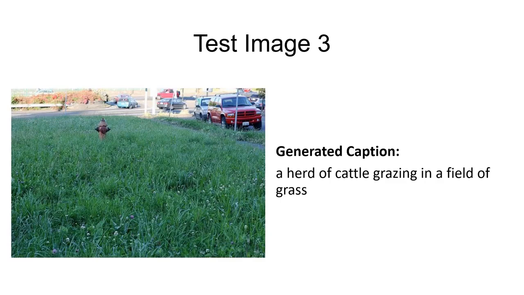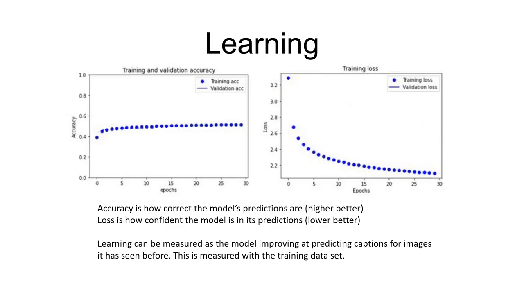For the final test image, our model has generated the caption, "A herd of cattle grazing in a field of grass." Now, as we can see, this caption fails almost entirely to capture the essence of the image, and combined with the previous two test images, it exemplifies the varied nature of the captions our model generates. Looking at example image captions can be helpful to get an idea of how the model is performing,